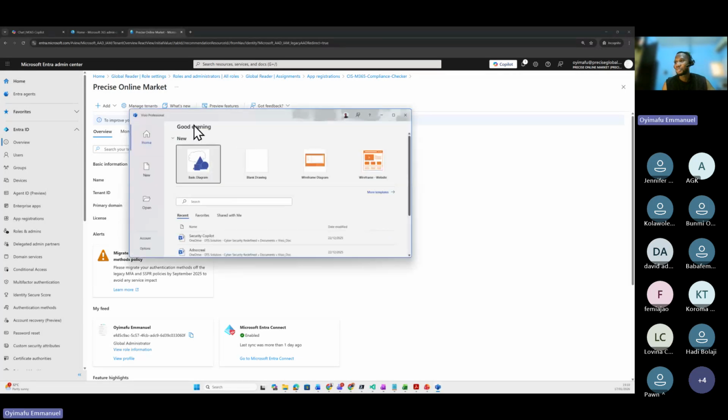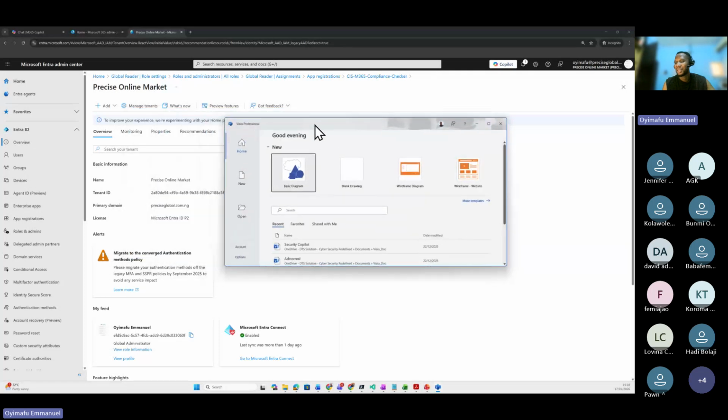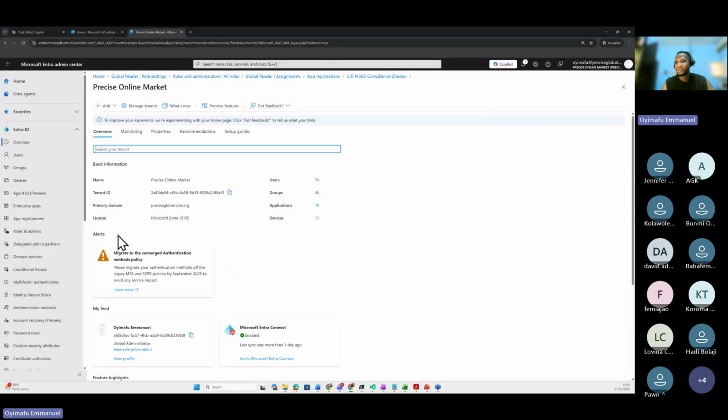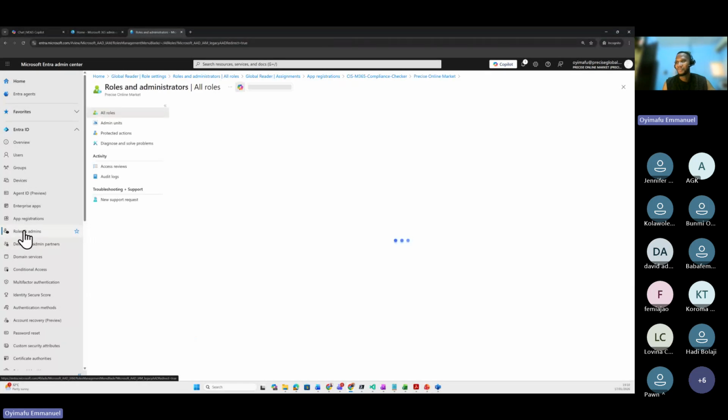So we have different permissions. I heard Haladu explaining that last week. We have Entra and we have different roles. So we have roles for Azure and we have roles for Entra ID. If you click on Entra ID admin roles, let me start from here to explain. So under Entra ID admin roles,